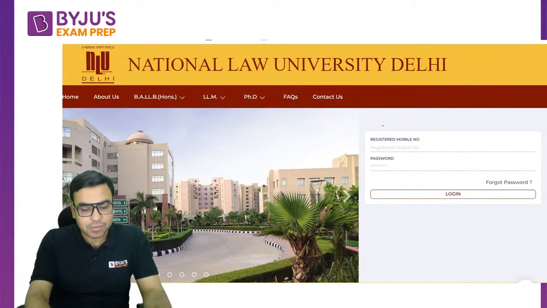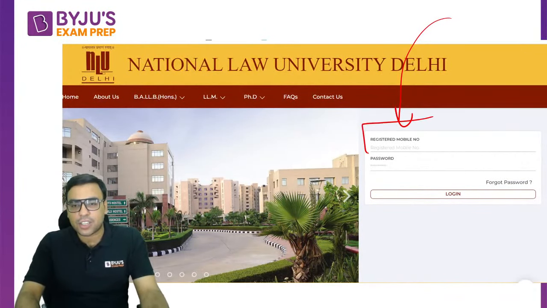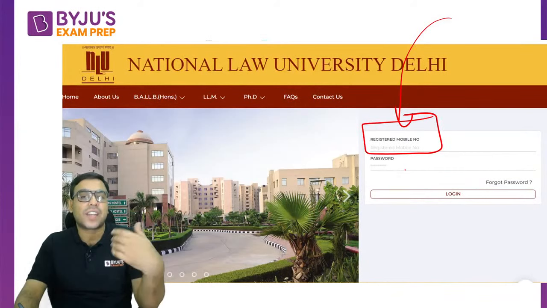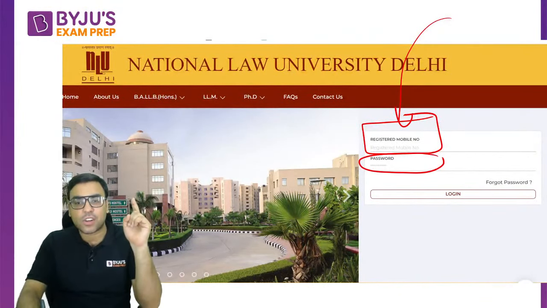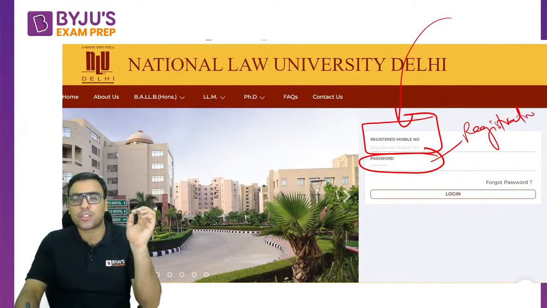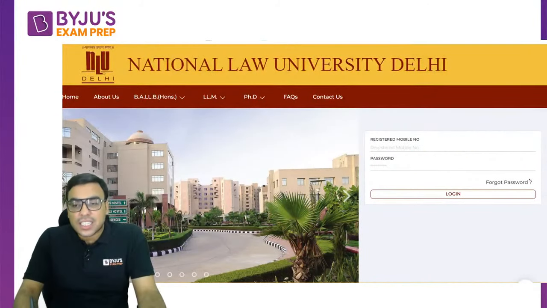Now, after that, you are supposed to fill in your registered mobile number here, whatever mobile number you filled while filling your form. And you must have set some password while doing registration. If you have forgotten the password, then there is a provision.